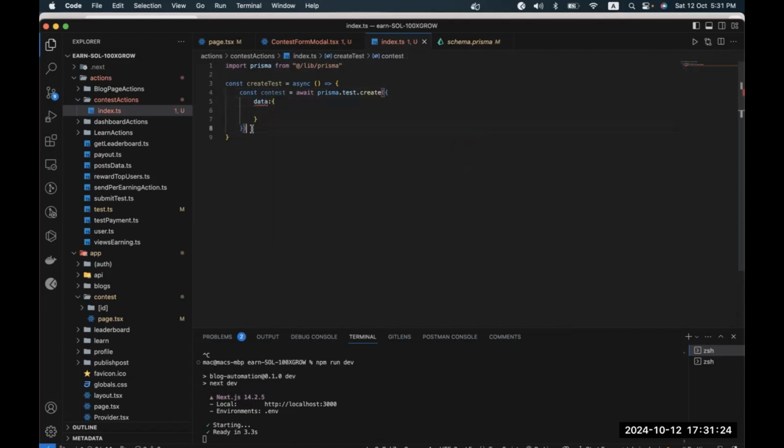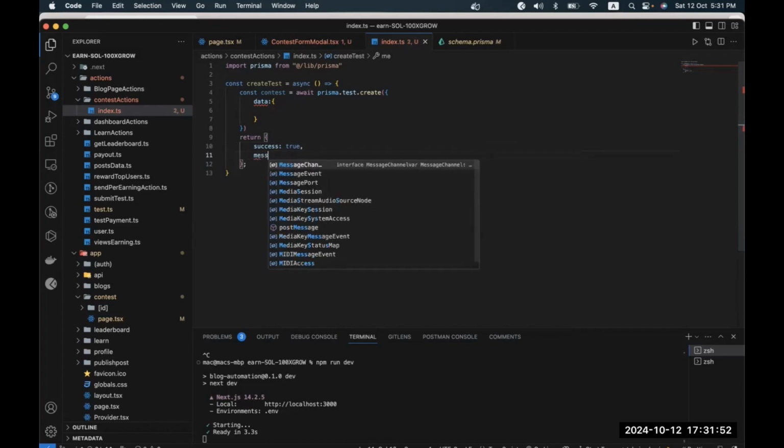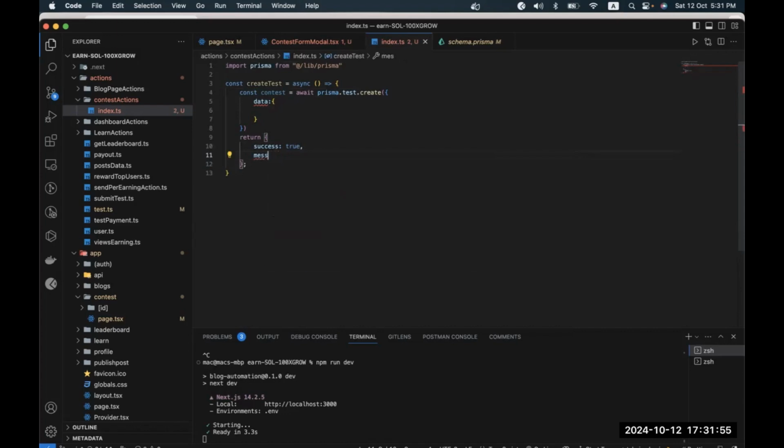And there we have to provide the data, and once that is done, we will return the contest. I think we should return the message and success. As you will see in the success column, that success will be true, and we would make this a try catch. So if that fails, it should give us the success column false. And there we have to give it some message. Oh man, the message: test created successfully. And if that doesn't,